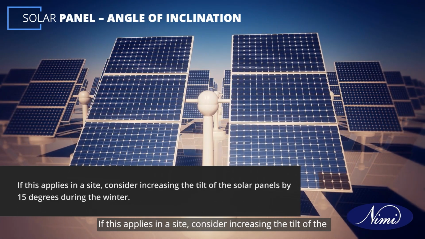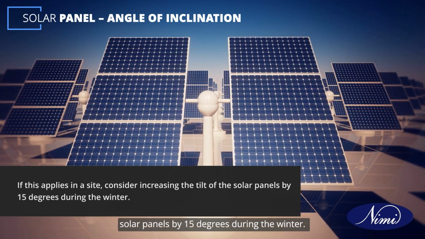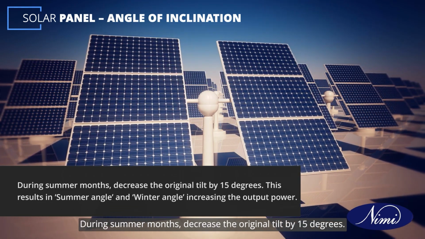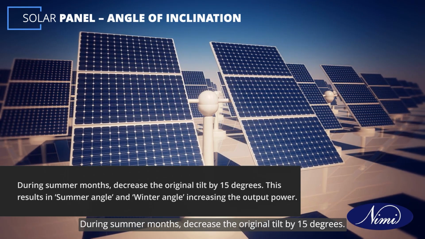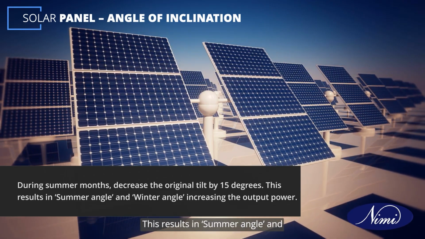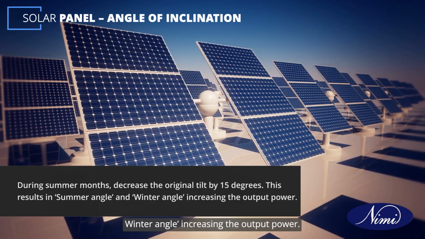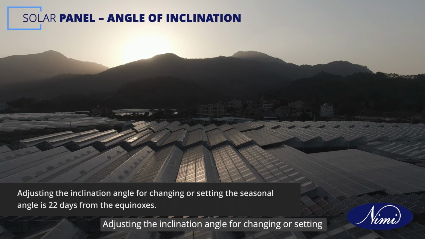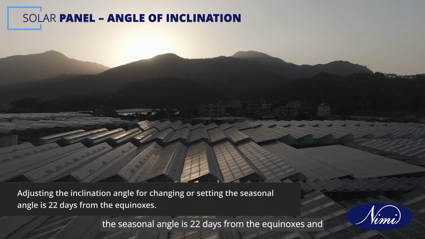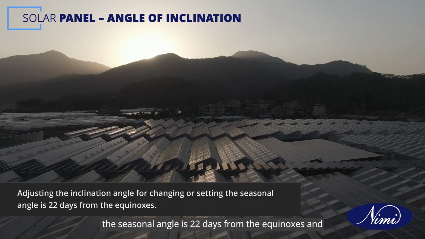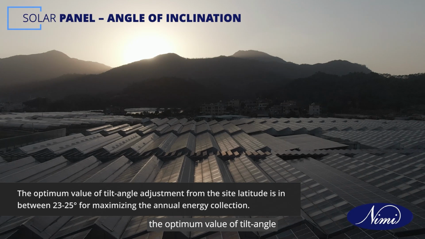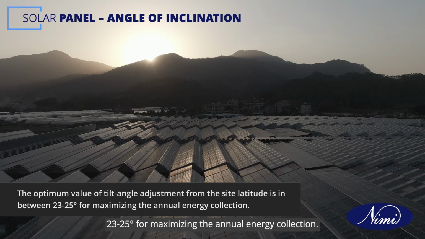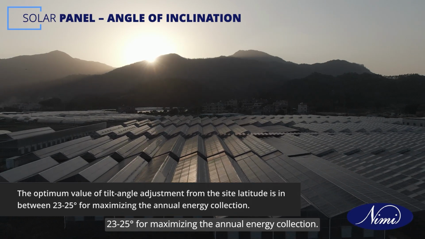If this applies in a site, consider increasing the tilt of the solar panels by 15 degrees during the winter. During summer months, decrease the original tilt by 15 degrees. This results in summer angle and winter angle, increasing the output power. Adjusting the inclination angle for changing or setting the seasonal angle is 22 days from the equinoxes, and the optimum value of tilt angle adjustment from the site latitude is in between 23 to 25 degrees for maximizing the annual